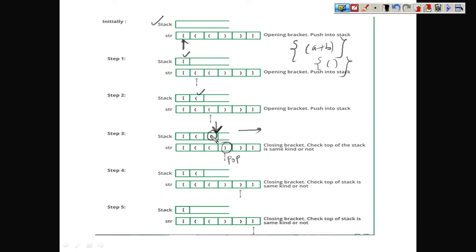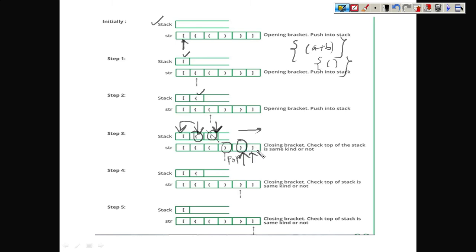If this is not the same type of bracket, you will exit and say that the expression is not valid. But because this is matching, you just pop it, and when you pop it, you decrement the top: top equals top minus 1. So now top is pointing here. Now you move to the next character. Because this is a right bracket, you need to pop again. When you pop this value, you compare that the two brackets are matching. It's matching, yes, so you can move further. You are now here, and you are now here.